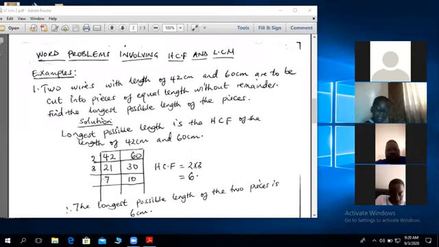So there is no other prime number that goes in 7 and 10. It is not there. So this is where I end. And my highest common factor is 2 times 3, and the answer is 6. So I conclude and say, therefore, the longest possible length of 2 pieces is 6 centimeters. So 6 centimeters can be got from this wire of 42, and it can also be got